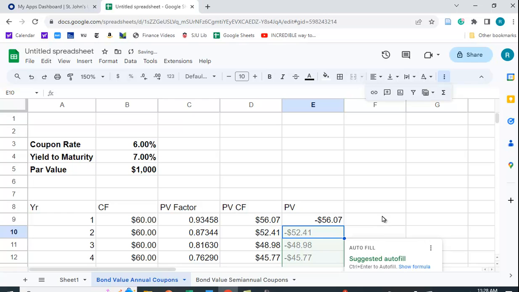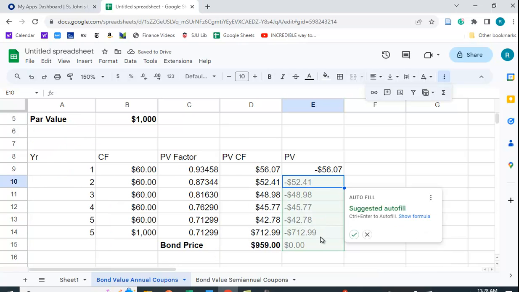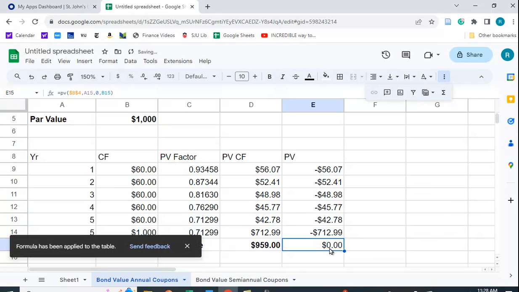So you can see we get the same values, right? And let's just let this fill in for us. Okay, it filled in for this one. We just want to sum this again, and you can see we're going to get the same values. They're just going to be negative, and they're going to be negative because